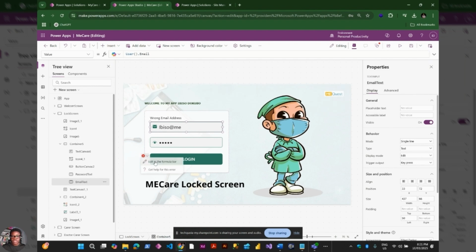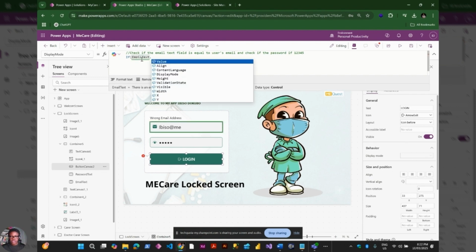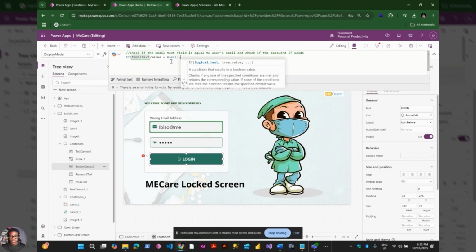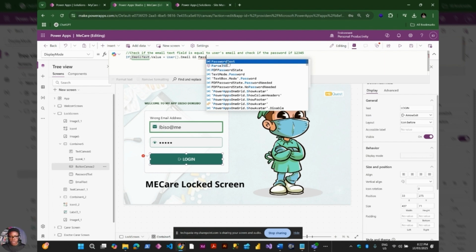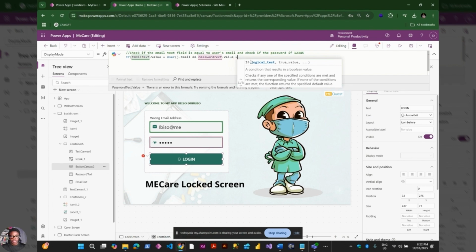If the email text dot value is equal to the user email dot email, and if the password text dot value is equal to 12345, comma, then